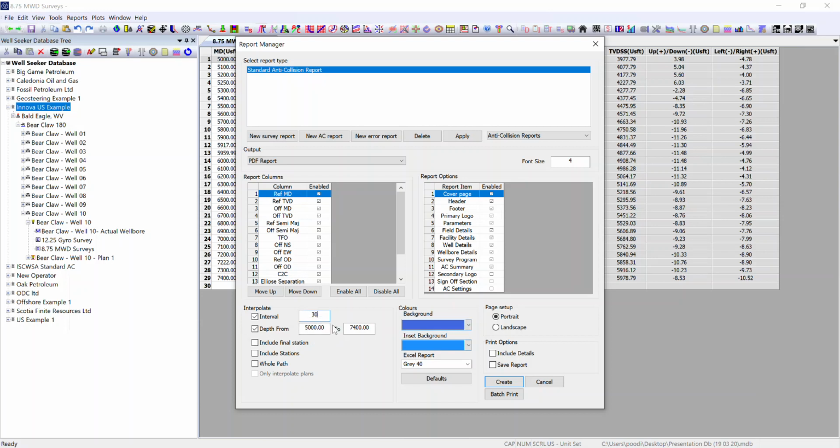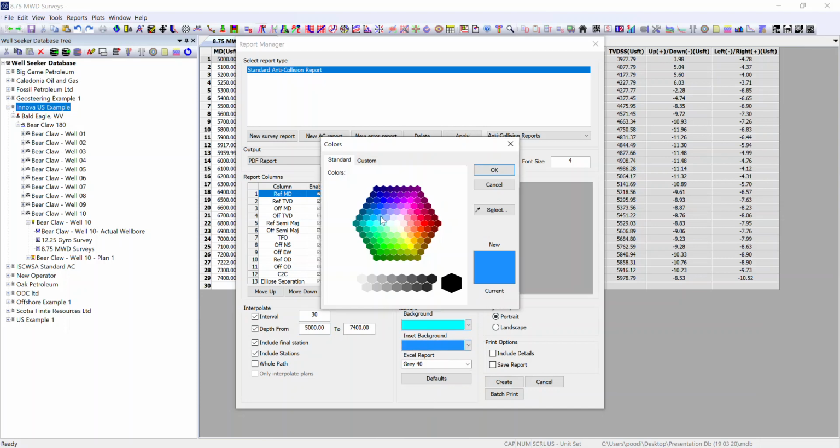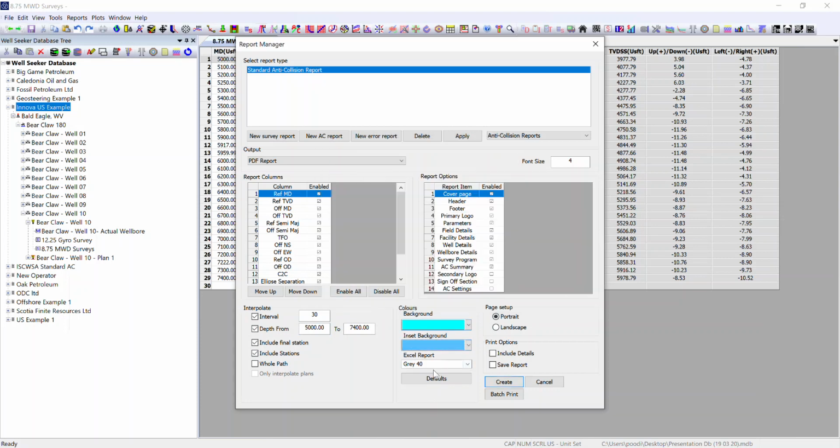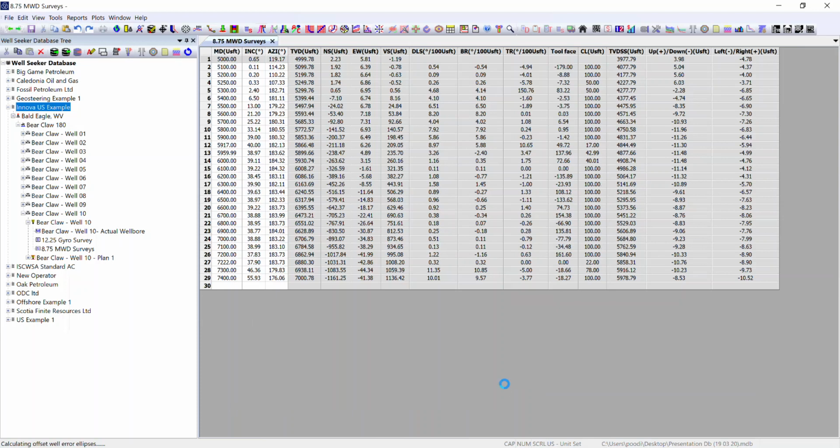I'll make it 30 foot for every single. And a depth from and to functionality. Include final station, include stations. You can also change the color of the report to whatever you would like it to be. Got the options for extra colors in here. Or for the XL report, you can change the colors there. Page setup can be portrait or landscape, and you can have print options to print this directly or save the report. I'm going to now go create,